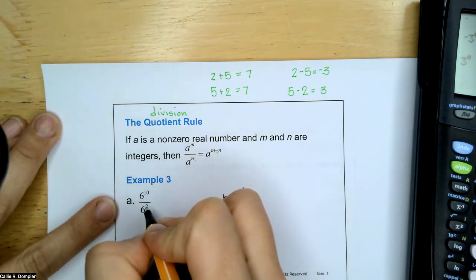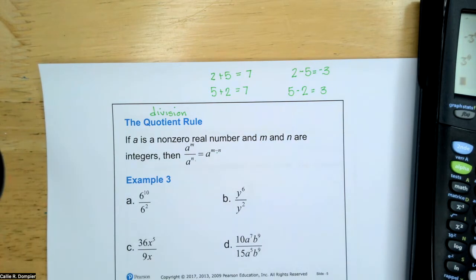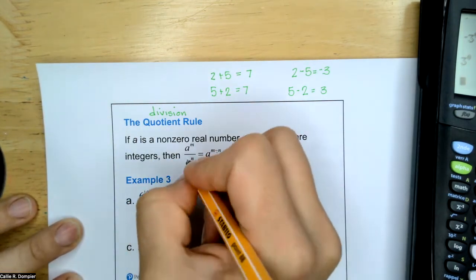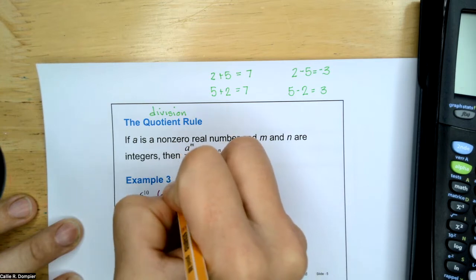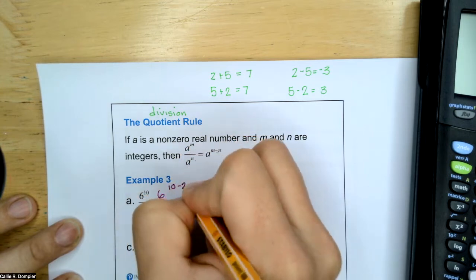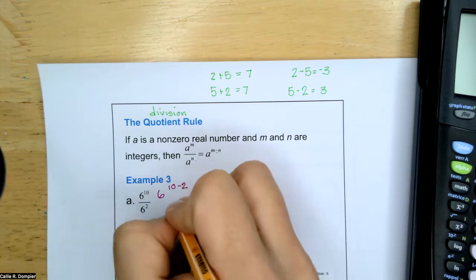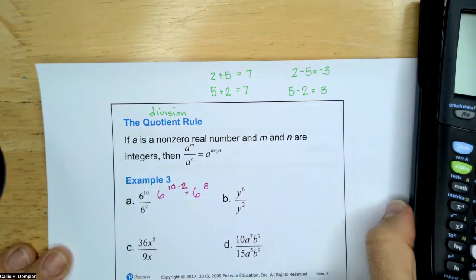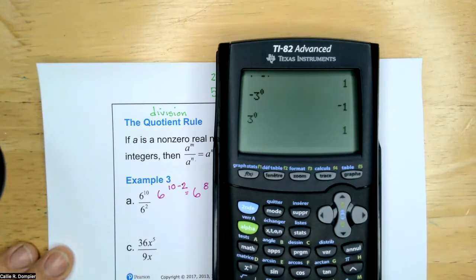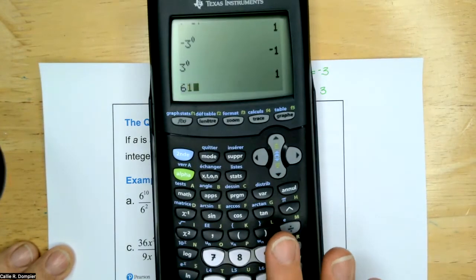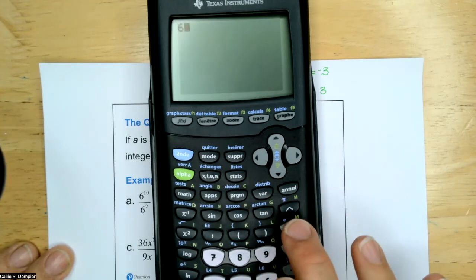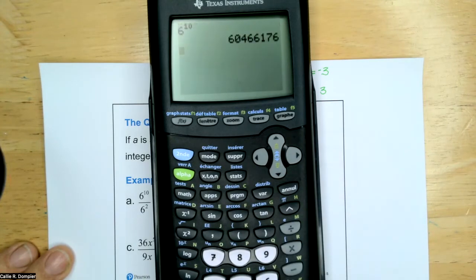So 6 to the 10th divided by 6 squared is, keep the base, which is 6, take M, subtract N. 6 to the power of 10 minus 2, which is 6 to the power of 8. All right, you can do it in your calculator, just to check. 6 to the power of 10, it's going to be a big one,